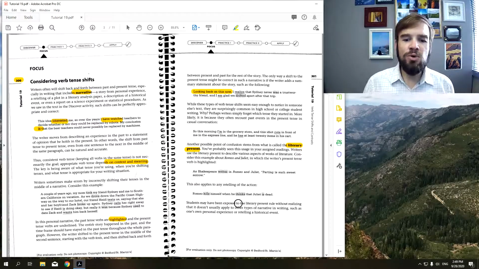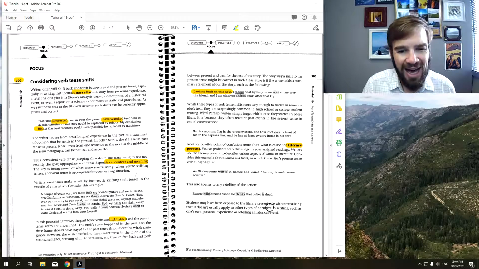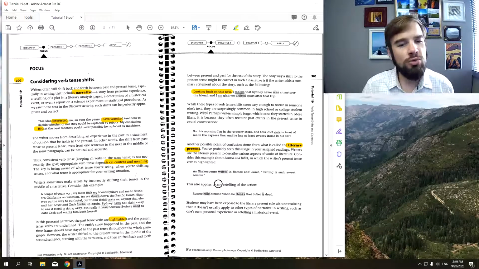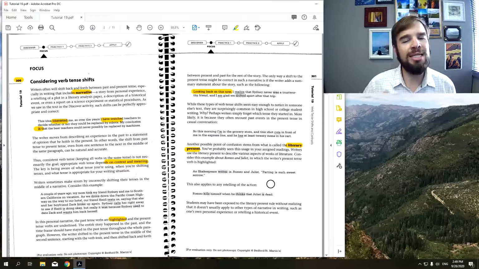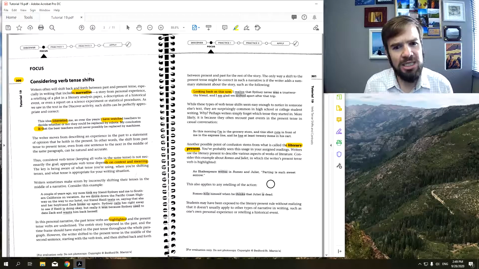Students may have been exposed to the literary present rule without realizing that it doesn't usually apply to other types of narrative in writing, such as one's own personal experience or retelling a historical event. And really, this literary present you don't need to worry about too much for our class, but if you go to an English class, if you take a literature class, even some social sciences classes in the humanities, you may see people use the present tense